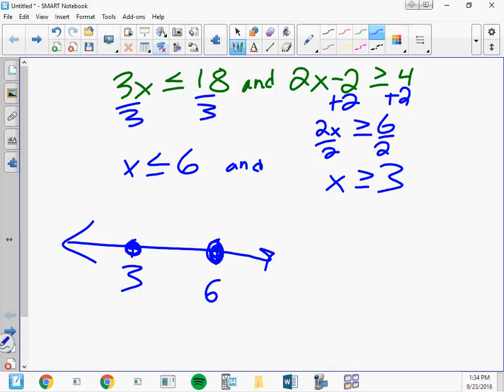And it would be everything bigger than 3, so to the right, and everything less than 6, which would be in the middle. But because this is an AND statement, I don't go forever in both directions. It has to satisfy both, which means the answer is between 3 and 6. So in order to be part of the solution set, you have to be bigger than 3 and less than